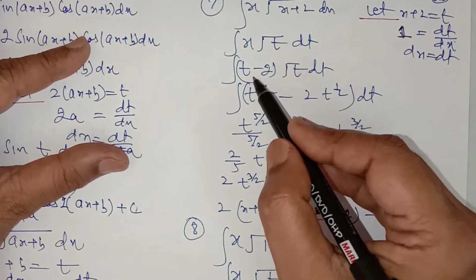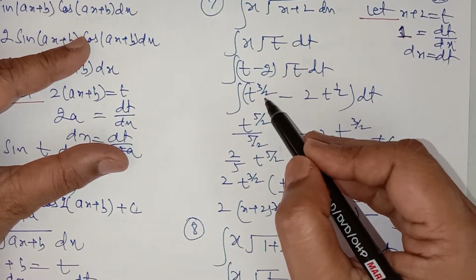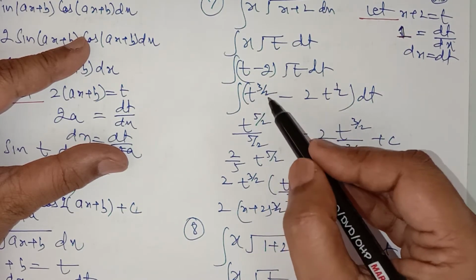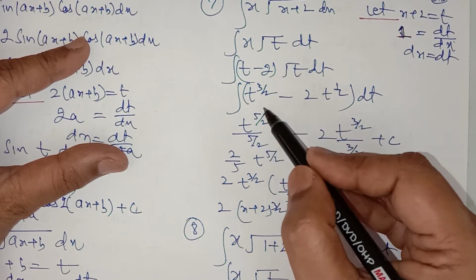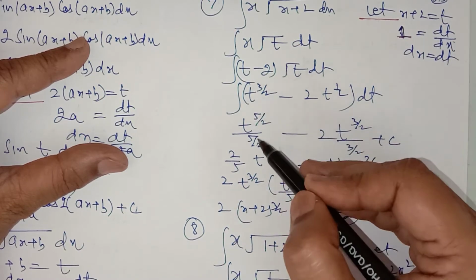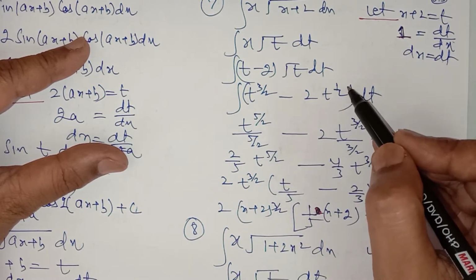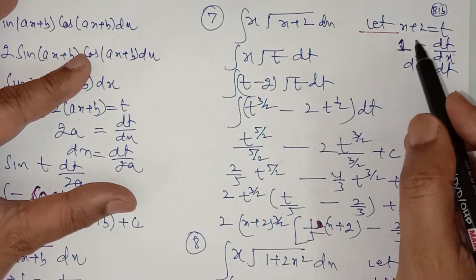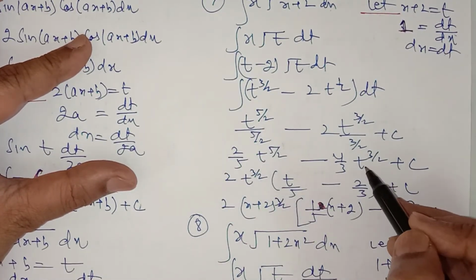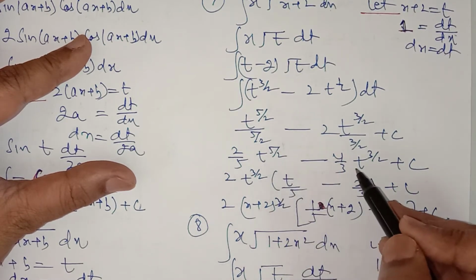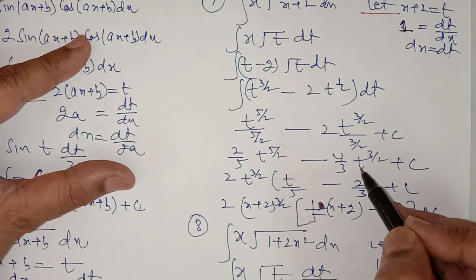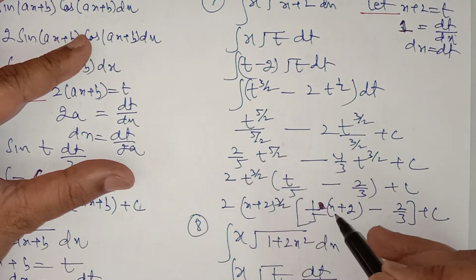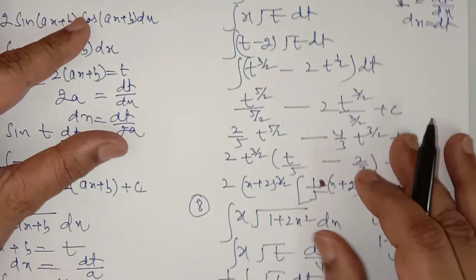Multiply and open the bracket, t into root t will be equal to t to the power 3 by 2 minus 2 t to the power half, integrated t to the power 3 by 2 plus 1 upon 3 by 2 plus 1. You can use one more step. I have integrated directly, t to the power half plus 1 upon half plus 1 plus c, and replace the value of t, which is equal to x plus 2. Or you can take first of all t to the power 3 by 2 common, so it will become t and it will become 2 upon 3. Then put the value of t as x plus 2.